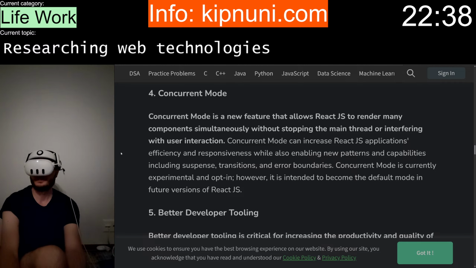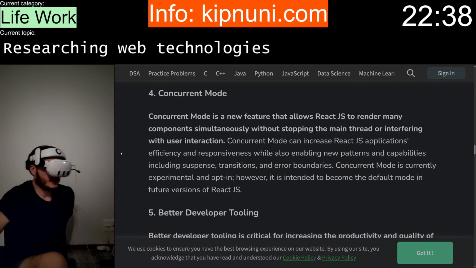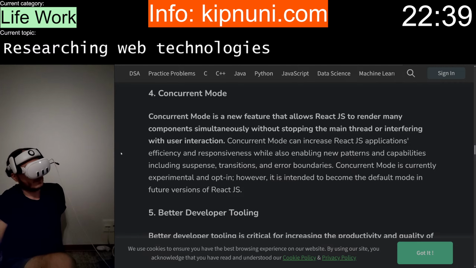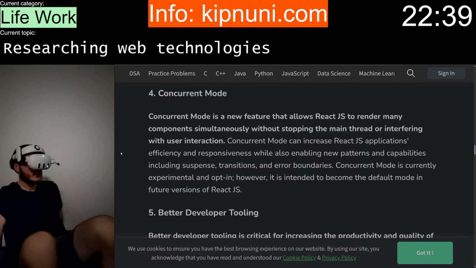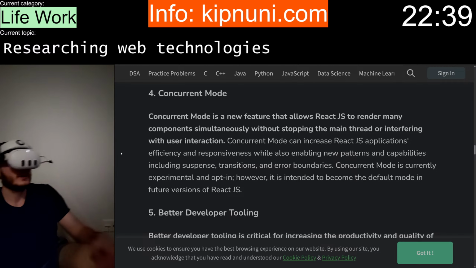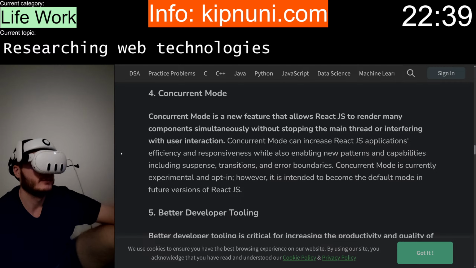I think for the project that I will be involved with, we will use React. Just simply use that, because it is popular. I think most web developers would know it.